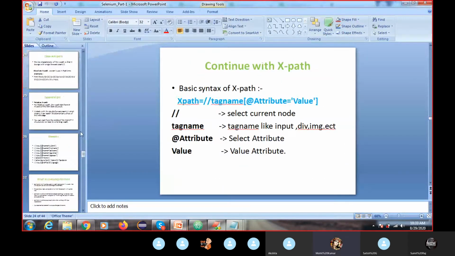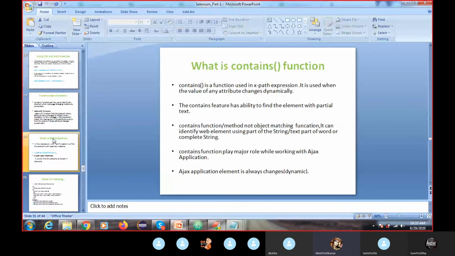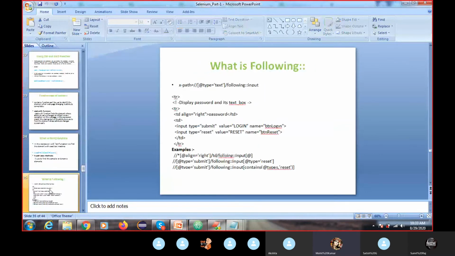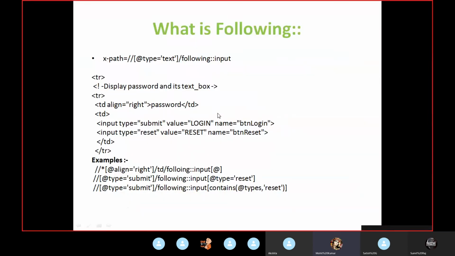Okay, so I will come to my documentation part. The contains function I already told you, and the text function I already told you. We have another concept that is called following. By using this concept, I can find any element on the web page. Following and preceding.